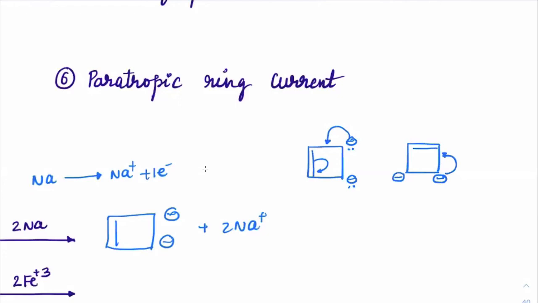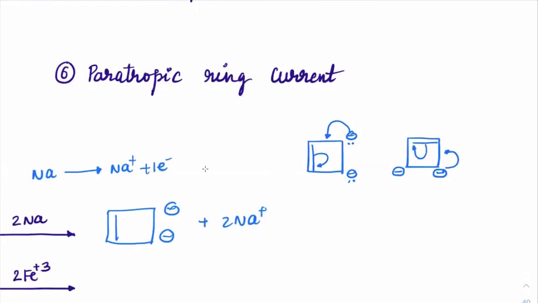that pi bond can keep moving. So once it has moved to this side, I can move it onto any other side I want. Suppose I want to move it onto this side here, I can make it move to that side. So what happens now? Now this will become a pi bond here, with minus charge and minus charge here. I can make the same type of movement here also with this moving here.